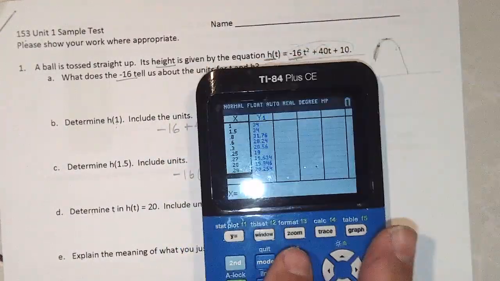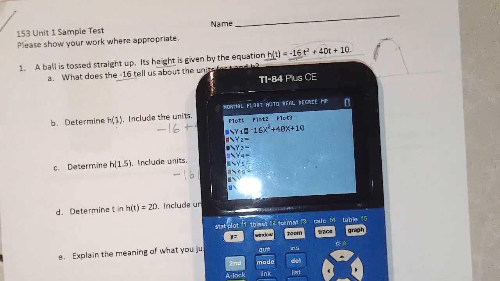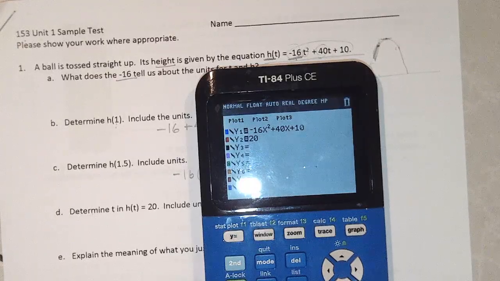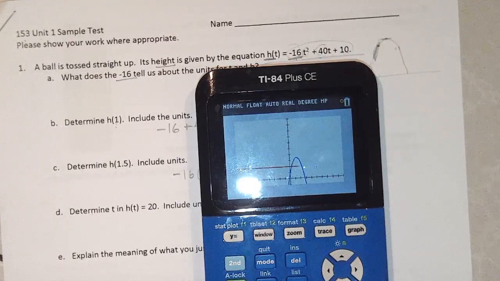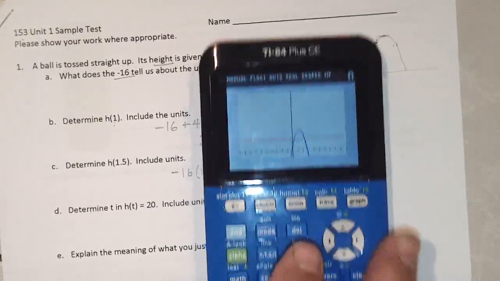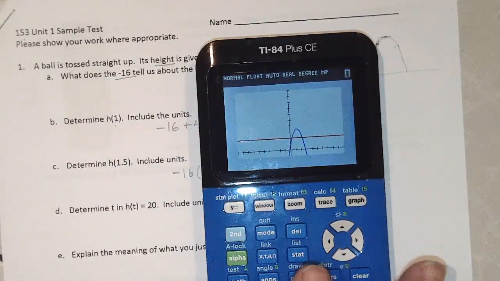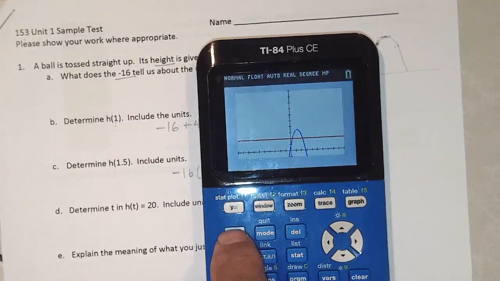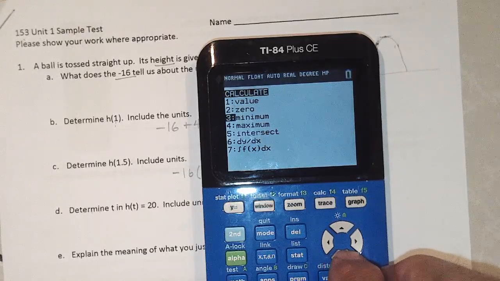Now, you can also just go to y equals and say, put in y, when is y 20? When is it at 20? And so then I can graph, and then I find these intersection points. Now, if you had done all this on Desmos, you could just tap on the point and it would tell you. On the calculator, you go second, calculate the intersection,